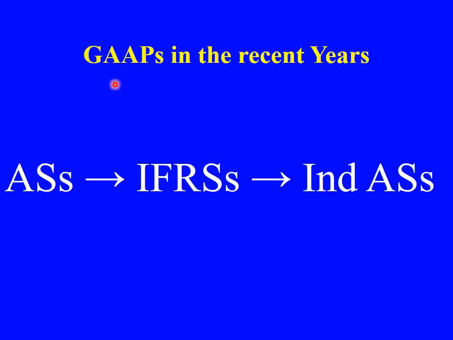So moving to GAAPs in recent years. In recent years, we do have GAAPs, because if the companies are not following IFRS and Ind AS, then those companies are following generally accepted accounting principles. So at present, these GAAPs are in the form of accounting standards, also in the form of international financial reporting standards, and in the form of Ind AS in our country. So over a period of time, as the international financial reporting standards have been developed, which we call in our country Indian Accounting Standards, we can witness GAAPs in these forms.